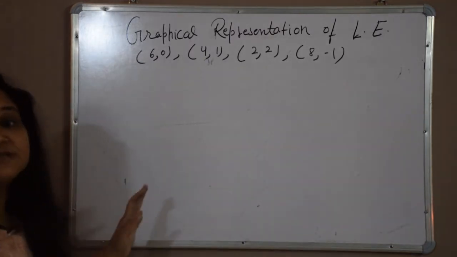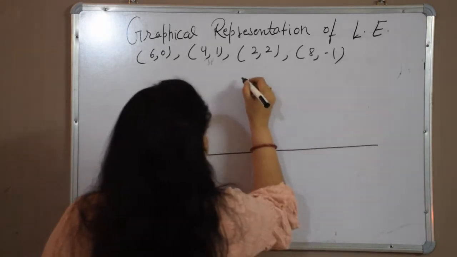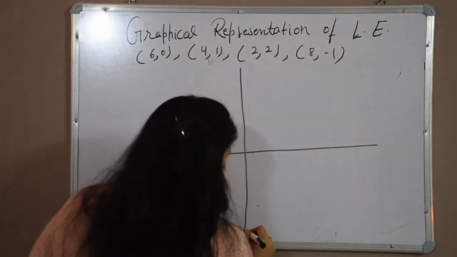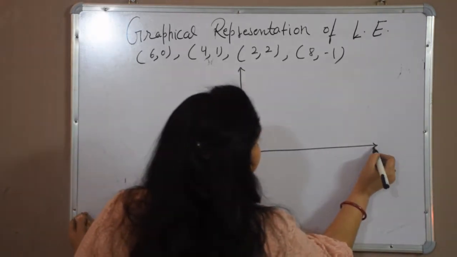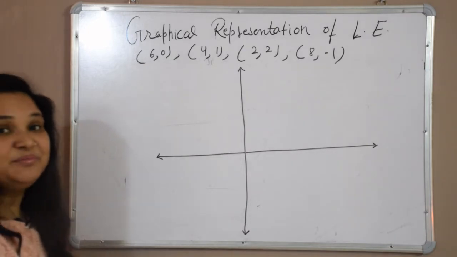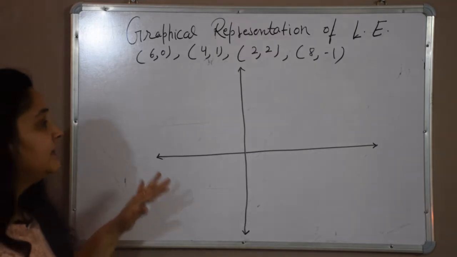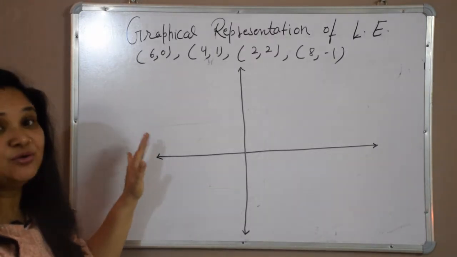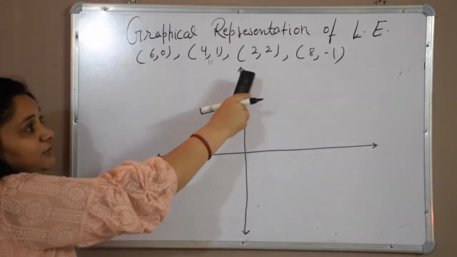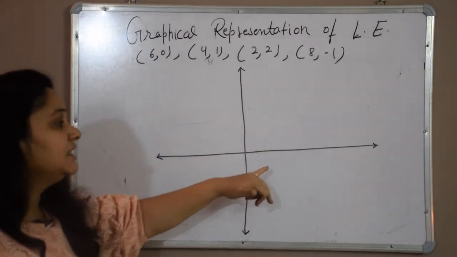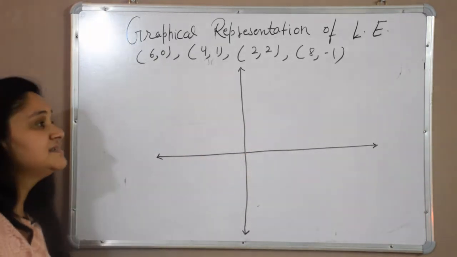How many solutions do we need to plot the graph? I told you that infinitely many solutions are possible, so how many solutions do you need minimum? Minimum you need 2, but to verify whether our line is exact or not, we should always plot 3 solutions. We should find 3 solutions, plot them on the graph, and only then can we say that our line is exact.